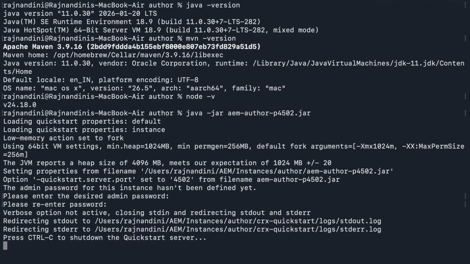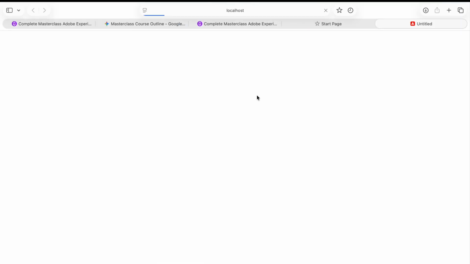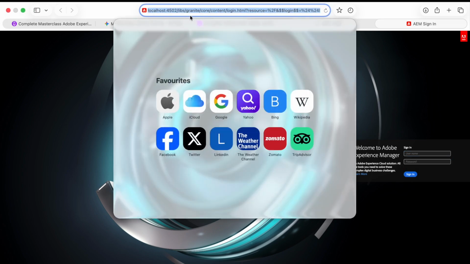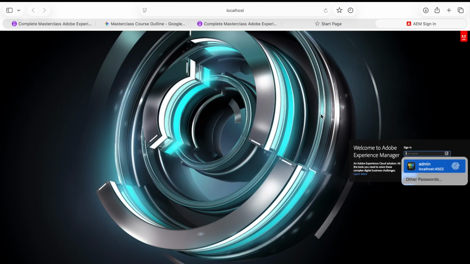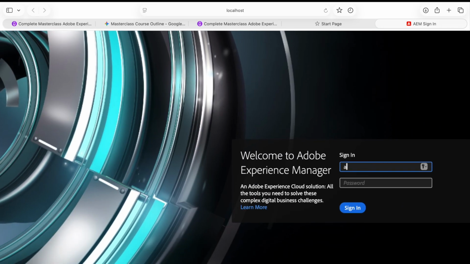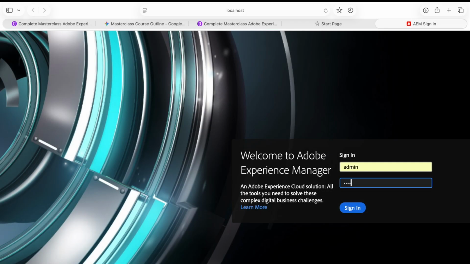It will take some time. Once it is done, it will directly open the local AEM author instance URL in your browser. As you can see, my browser automatically opened on localhost:4502, and it redirected to the login screen where you have to enter the username and password which you entered while installing. My username and password is admin, so I will just enter that,